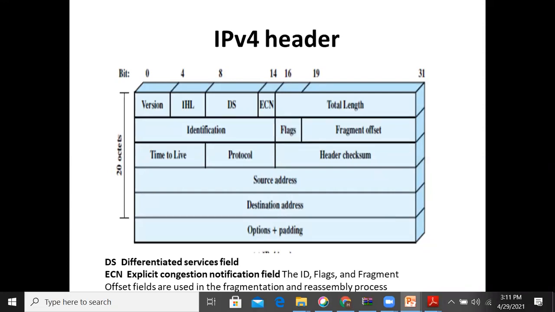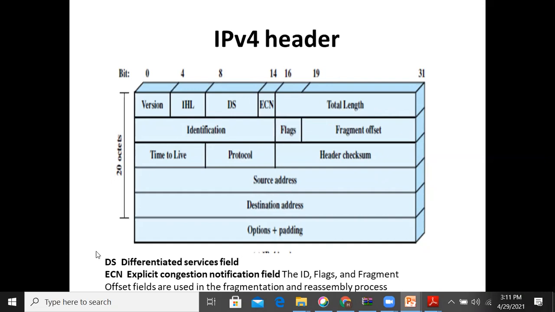That condition we call congestion; the network is congested with packets. That is ECN, the explicit congestion notification field. If there is any congestion on the network, it will be notified by enabling this particular field. Then coming to the total length.